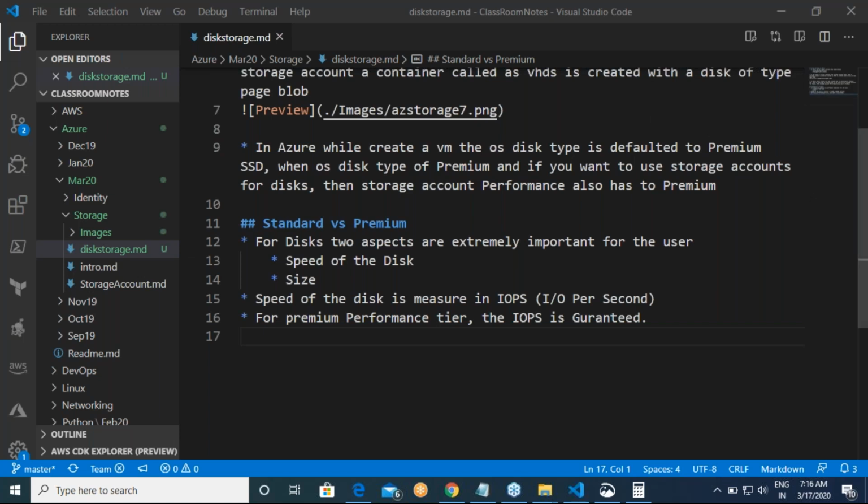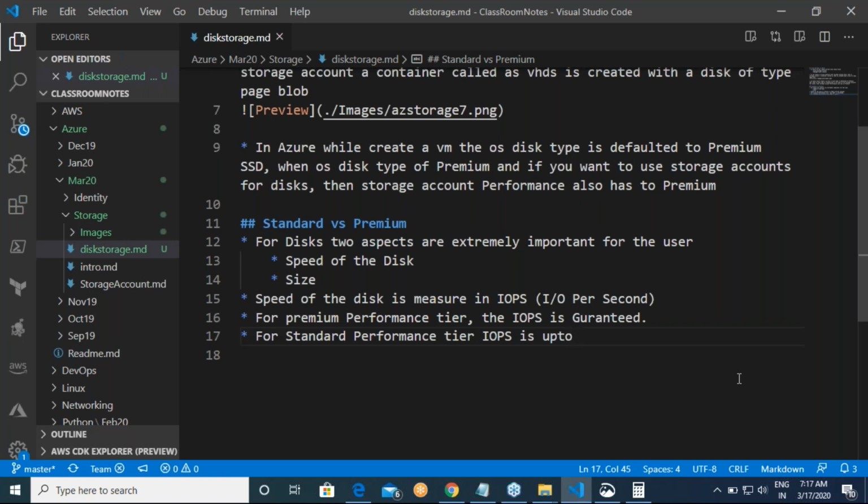So that is the exact difference between standard and premium. In premium, IOPS is guaranteed. But for standard performance tier, IOPS is up to.